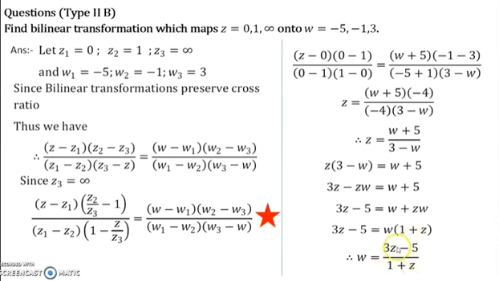We want to make the final answer in the form w equal to (az plus b) by (cz plus d). In this format we need to derive it. So this is the Mobius transformation of the given mapping between z and w. In this particular problem we must note one thing: if any one of the given points is infinity, we need to eliminate that point in the formula. For that, either take that point from the formula outside, or divide both the numerator and denominator by it. Then only we will get the final answer.